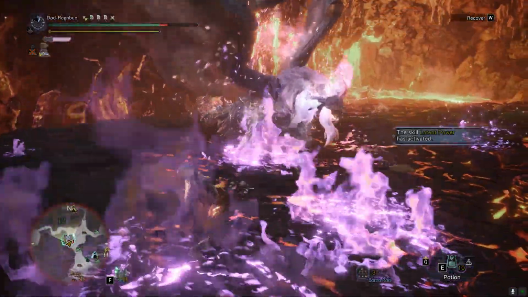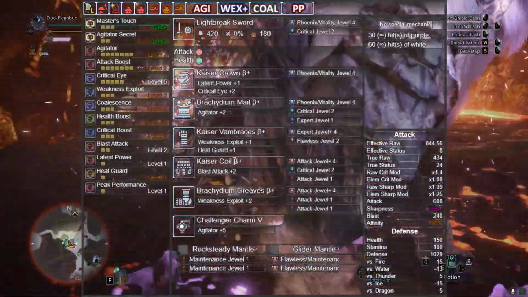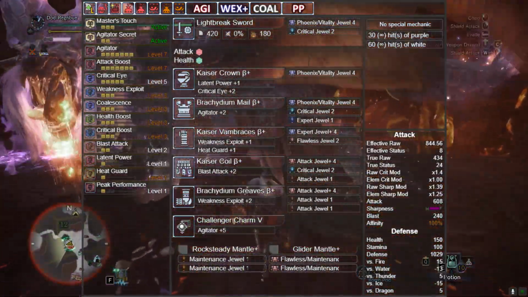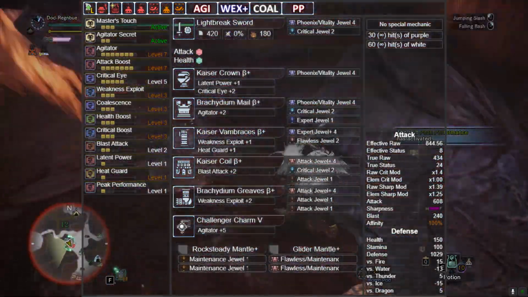Often I might even swap that out for a Mind's Eye if it's something like Rajang. If I'm leaning more towards a duo or a multiplayer setup, or just want to do more blast, I will typically go with a Light Break Sword with a Phoenix Vitality and a critical attack boost and health augment,